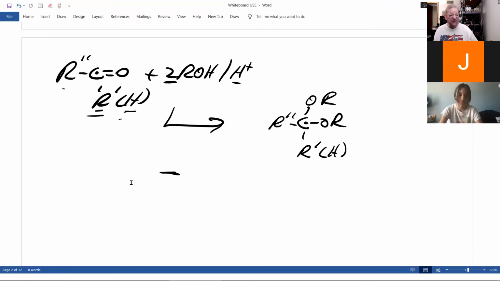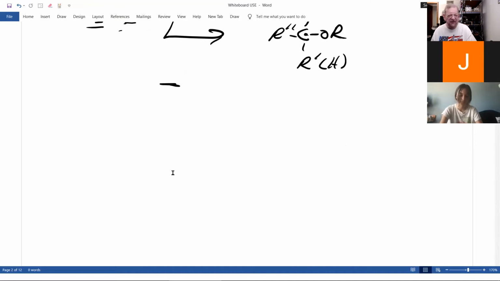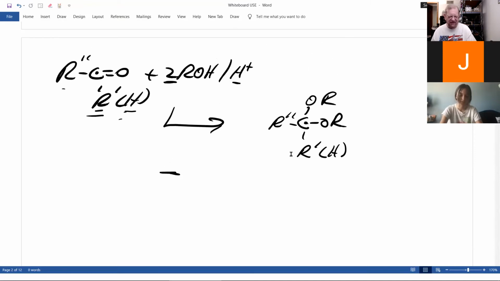Carbohydrates, Mother Nature uses this reaction to make starches. The good stuff in life that I can't have: potato chips, French fries, pizza. I shouldn't have said that. But anyways,